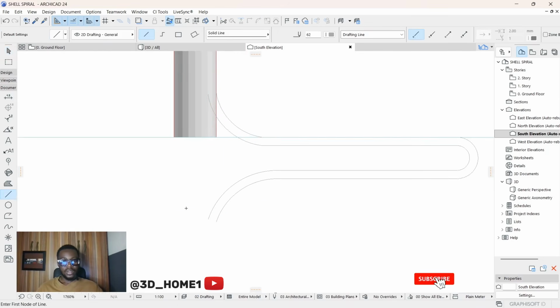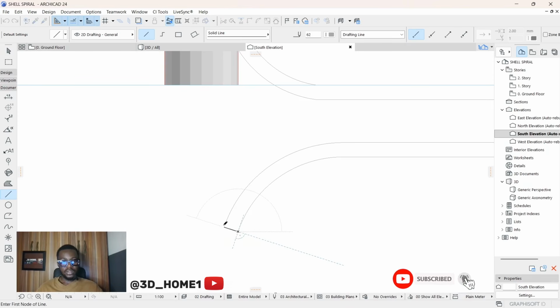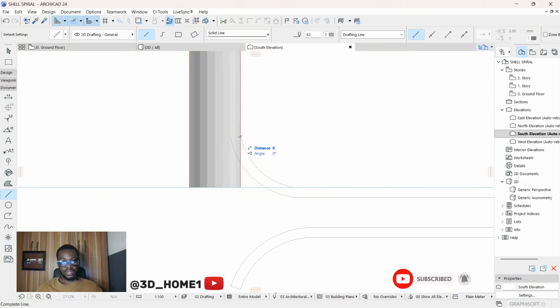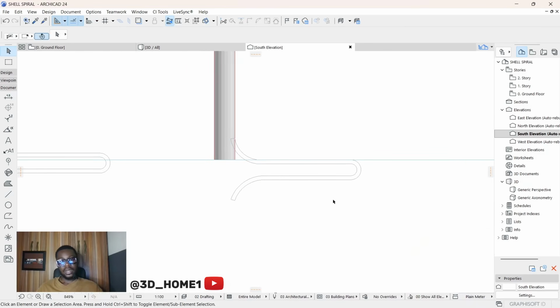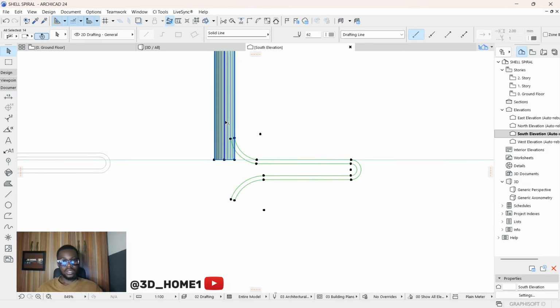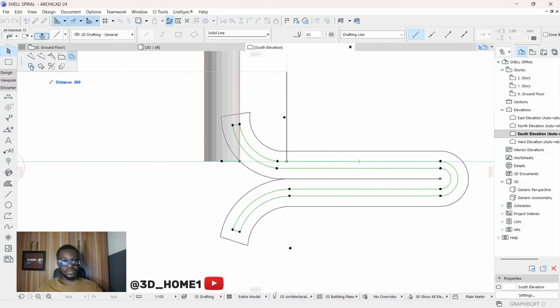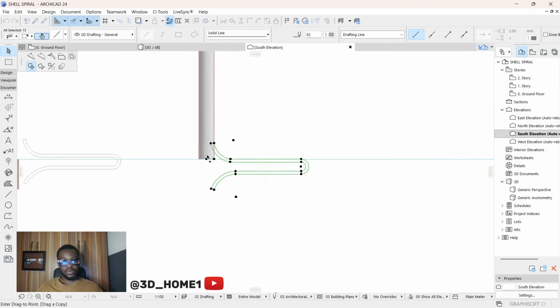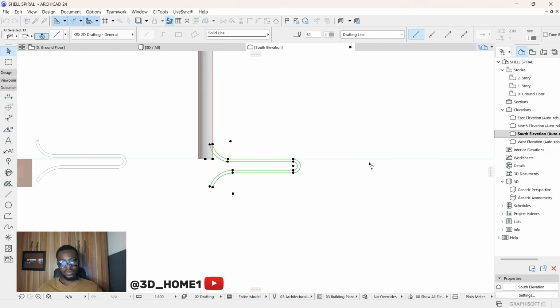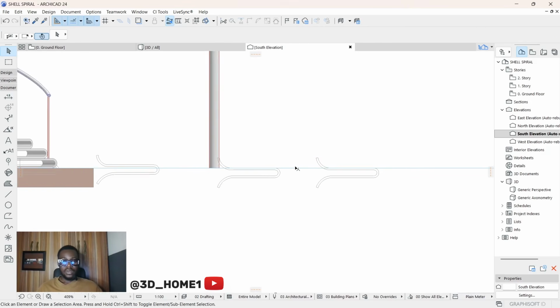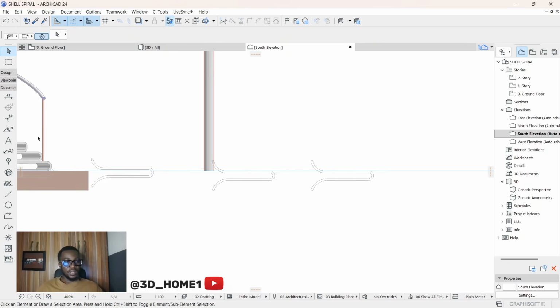And now let's quickly connect this and also connect this. And let's select everything. Deselect this one, and let's move a copy of this to the front. Okay. Once we are done like this, the next thing we're going to do is go back to design, select